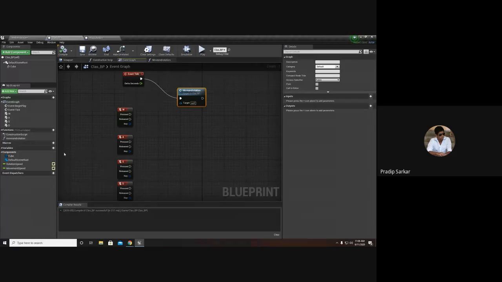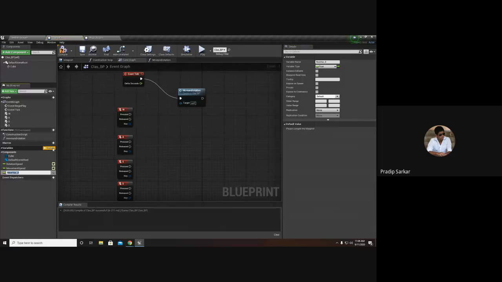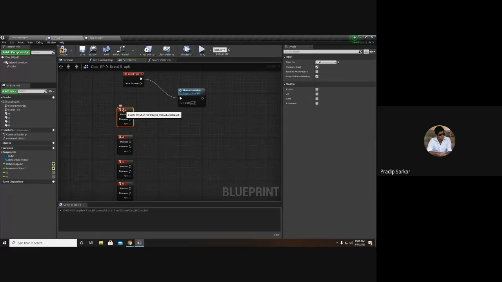I'll create a variable for X movement. I'll create X, and for the Y movement I'll create Y. If I press W, it should move in Y. If I press S, it should go in the negative direction.